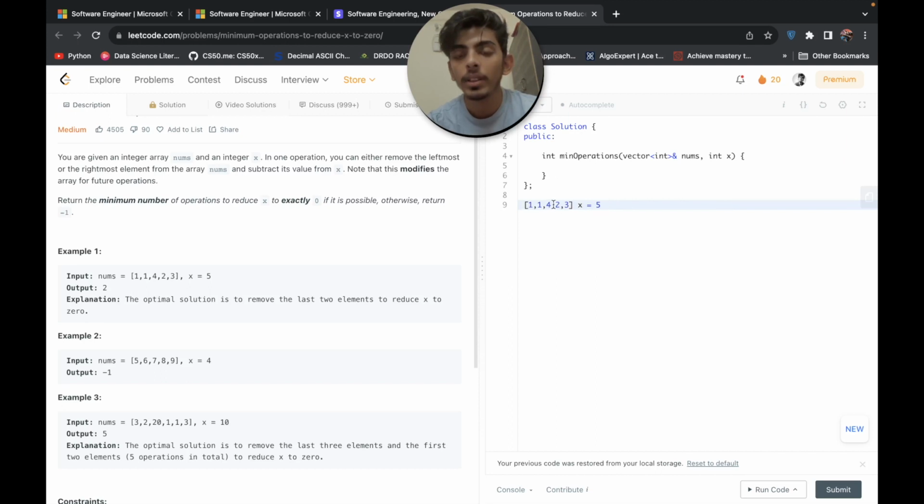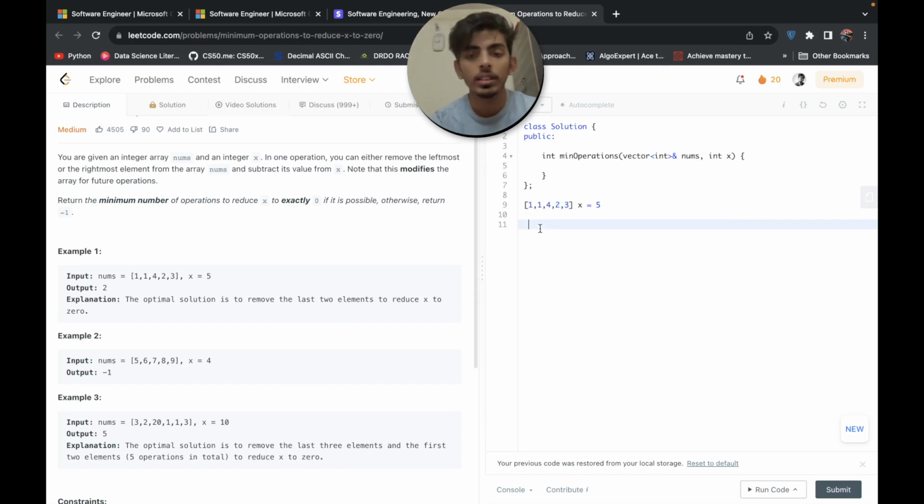After removing these two elements, our leftover array will be 1 1 4, right? If we carefully observe, if we maximize this subarray, we will be able to minimize the number of deletions, right?